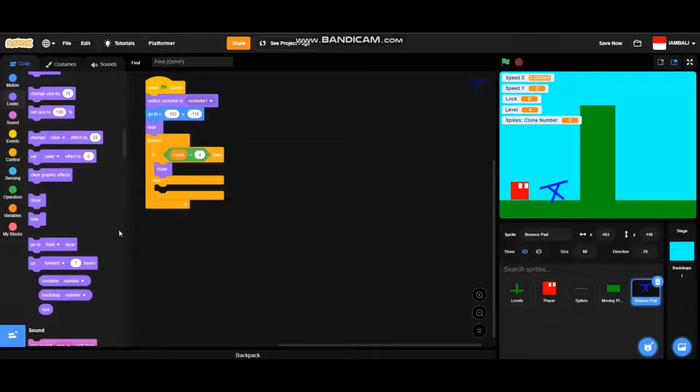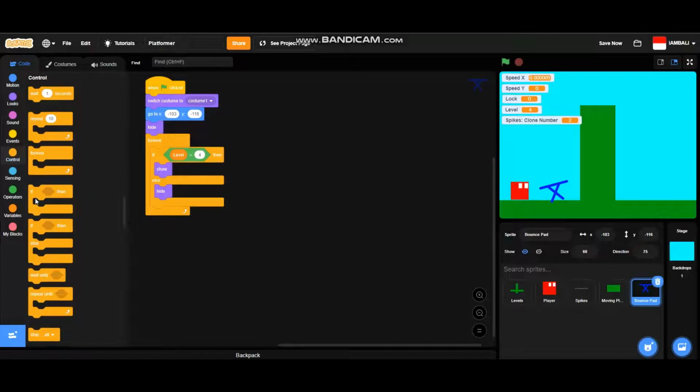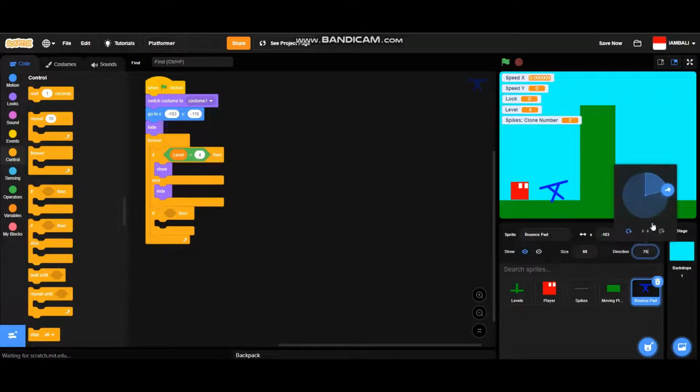But if level is not 4, then it will hide. And then add another if then block. So if, hold up, what's going on? Alright, the direction forgot. That's going to be 90. How did that happen? Okay, so if